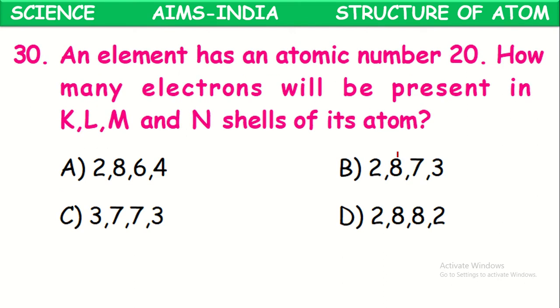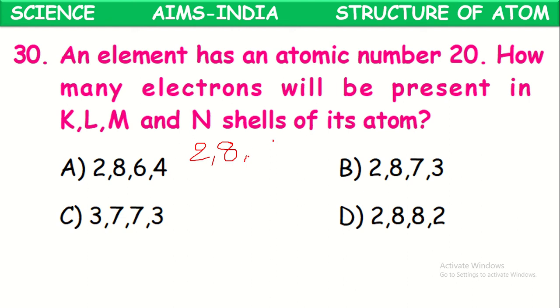Next, an element has atomic number 20. How many electrons will be present in the K, L, M and N shells of its atom? Here the atomic number is given. Let us try to write its configuration so that we can understand how many electrons are in each shell. So for 20, if we write the configuration, what do we get? 2, then the second shell, 8 electrons, and then